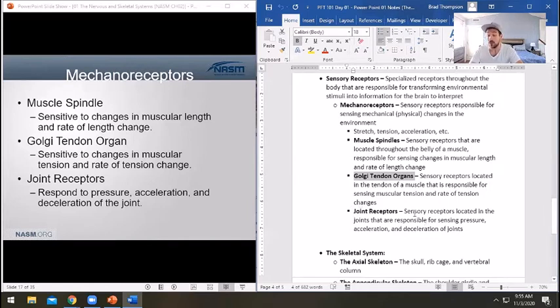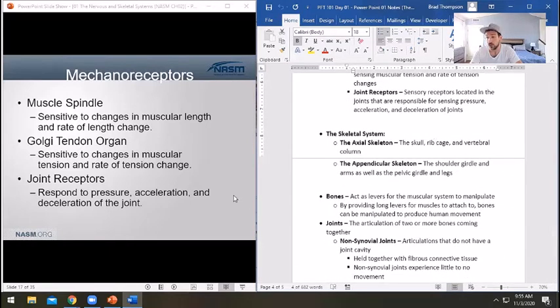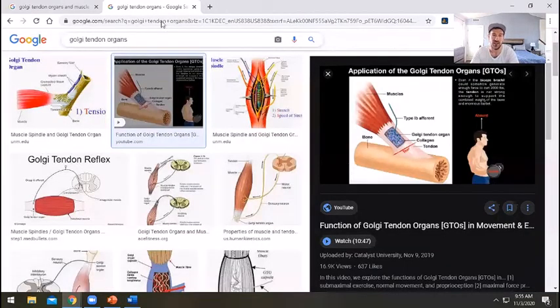You've got one other receptor there that's also sending information, and those are your joint receptors. And your joint receptors are responsible for sensing pressure and acceleration and deceleration inside of your joints. So when you look at joint receptors,